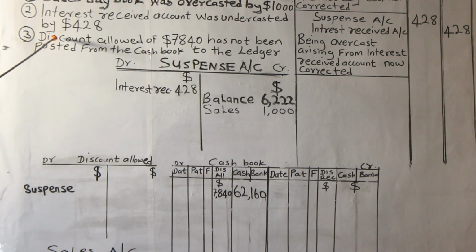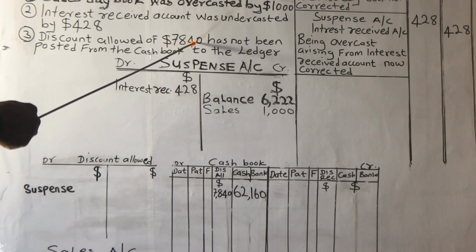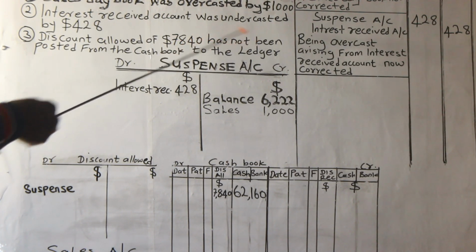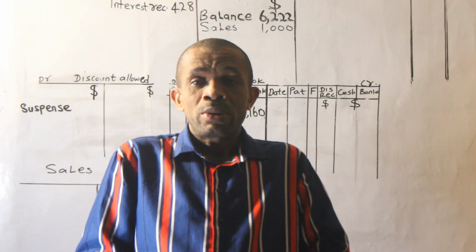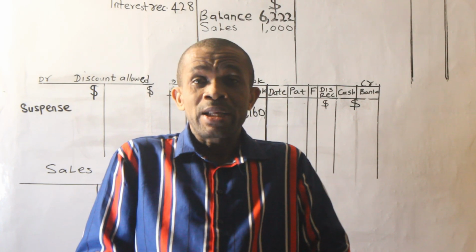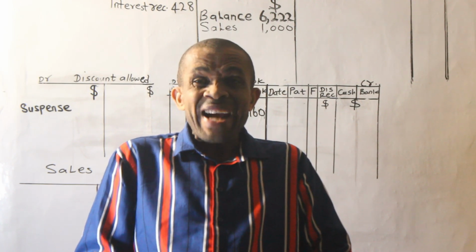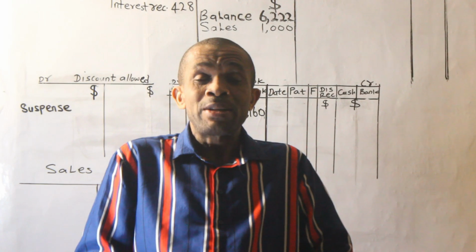Question 3. Discount allowed of $7,840 has not been posted from the cash book to the ledger. When we say that discount allowed of $7,840 has not been posted from the cash book to the ledger, what it means is that some part of these entries has been made in the cash book and part of it has not been transferred